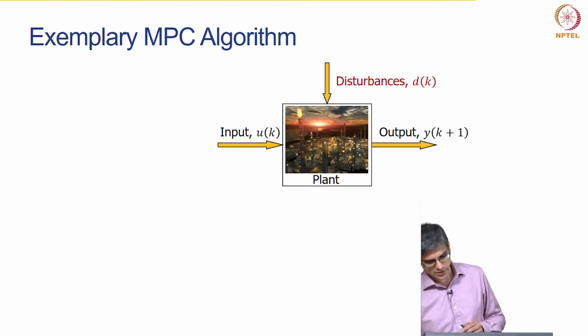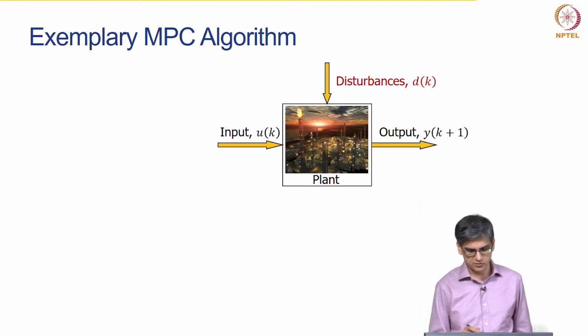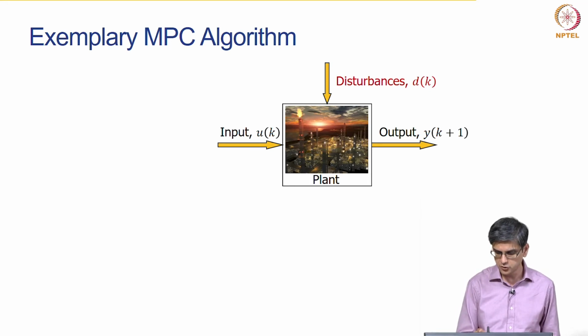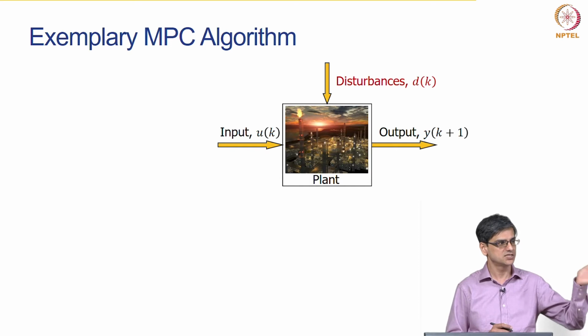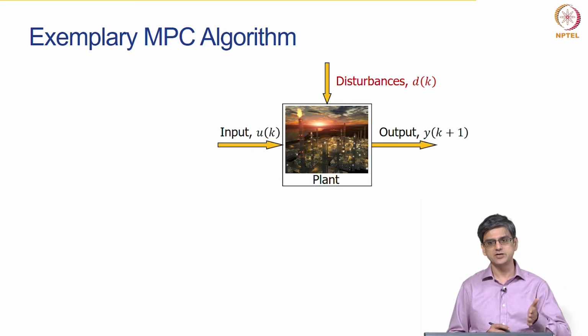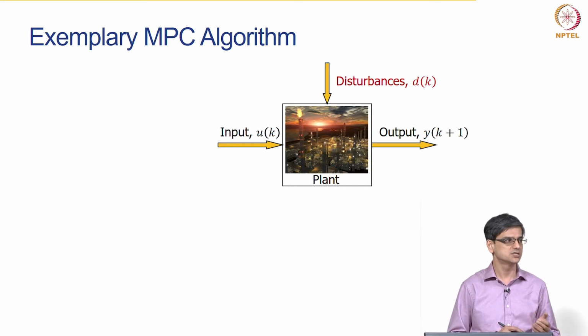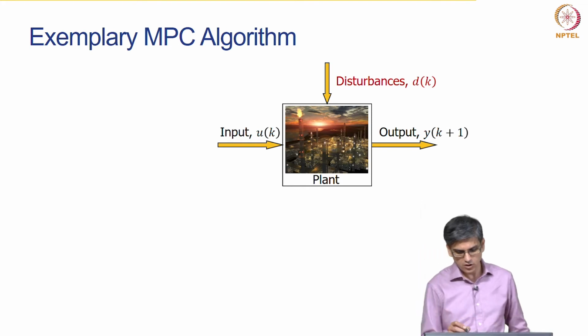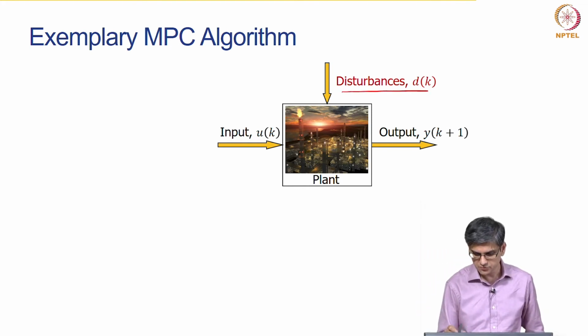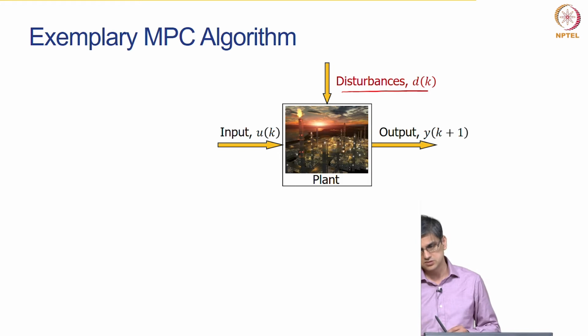example. Okay. So, we have this input uk, output yk plus 1, okay, and the state is the capital Y tilde k, which basically is the prediction y0 k plus 1, y0 k, y1 k, y2 k up to yn minus 1 k. Okay, that is the definition of our state. Okay. We have not yet talked about disturbances. We are going to talk about disturbances as well in this particular module.